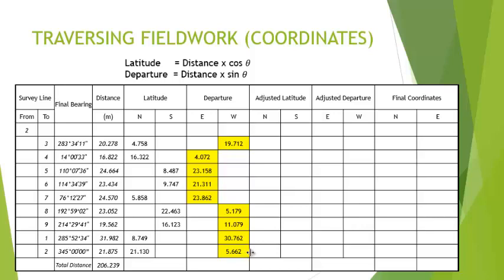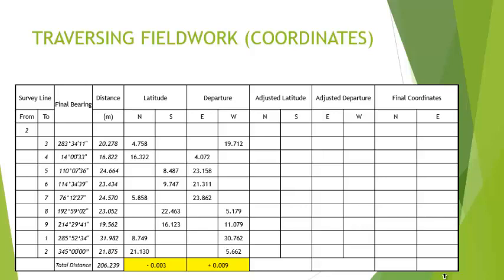After you have finished calculating both latitude and departure, add all the values of latitude and write the result in the last row. Similarly, add all the values of departure and write the result in the last row. These two values actually represent the drift or shifting of the last point from its actual position. Let's say the actual position is,